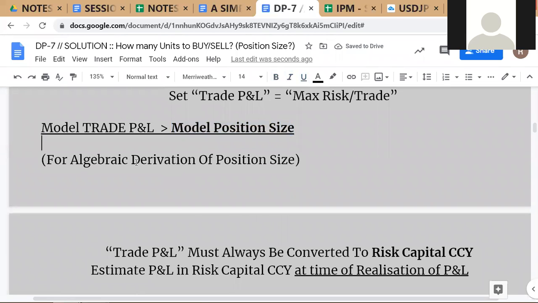So also get used to this language, okay? Financial modeling has now become a buzzword in the industry. I'm not a fan of buzzwords, because people start using them without thinking. But since many people will be using it, when we are using this kind of language, get used to the way the language is used. So when we talk about modeling position size, it means that